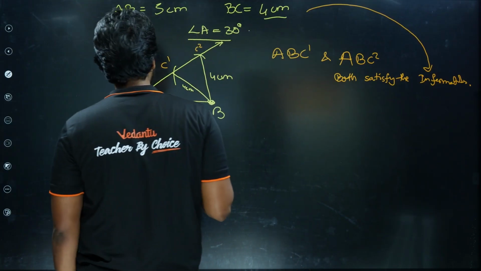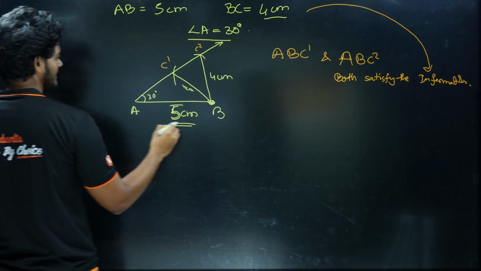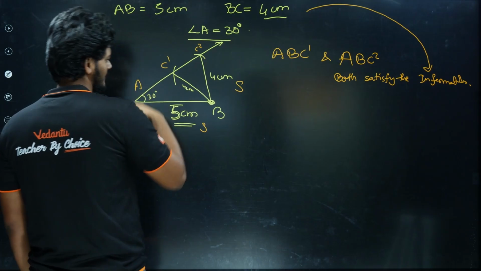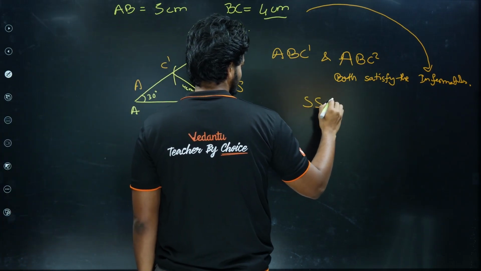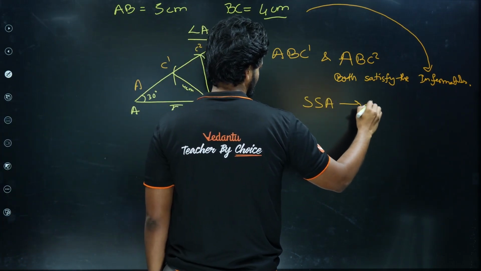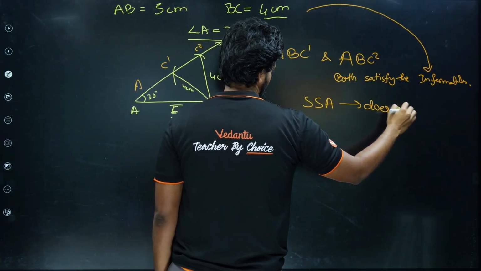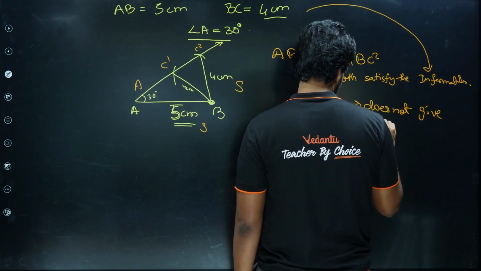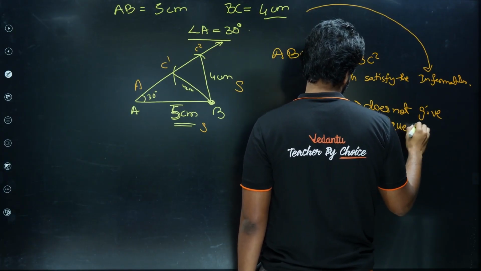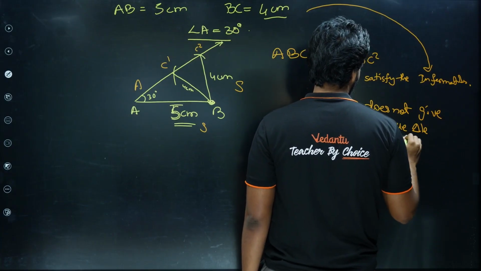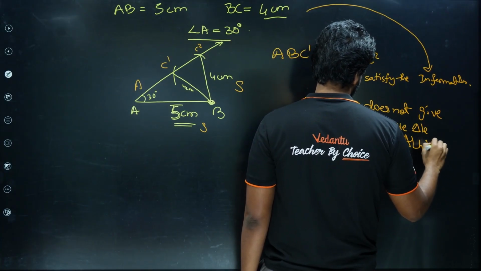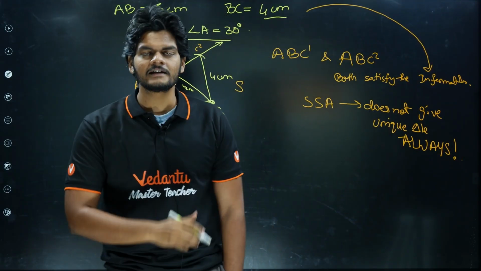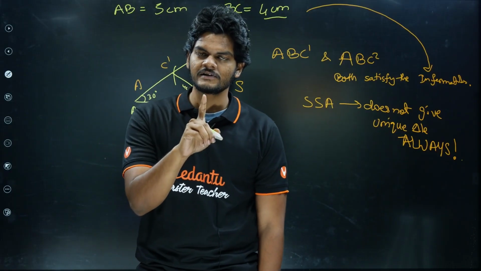So what did we have? We had side, angle, in whatever order. I'll prefer this. Side angle does not give unique triangle. Always is the important word. So it does not give a unique triangle all the times, but there is one condition where it does give